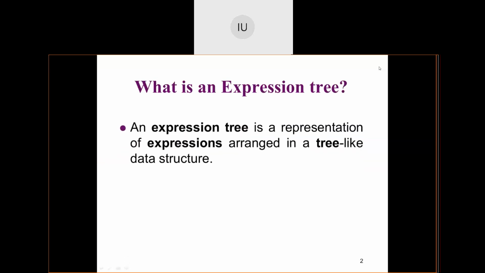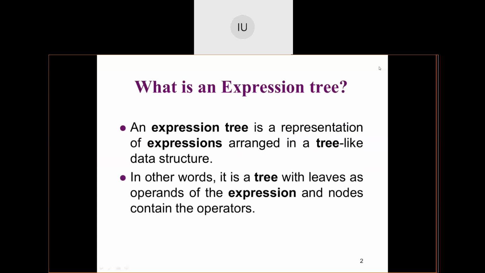An expression tree is a representation of expressions arranged in a tree-like data structure. So when I want an expression to look like a tree, that becomes an expression tree. How does that tree have to be? Always the subtree's root is an operator. Its children are operands.